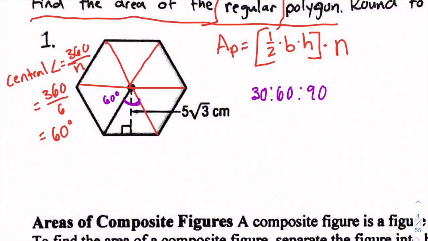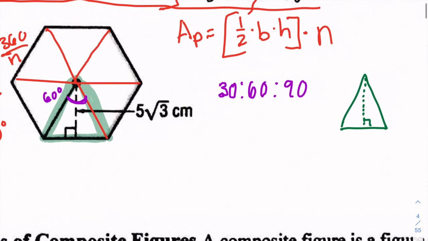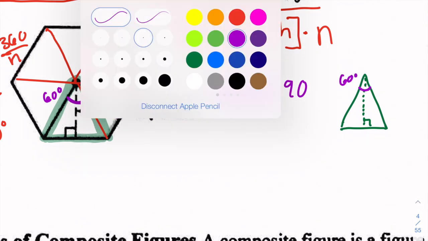Now the key here is all we need to do, guys, is really focus on this triangle here. This small triangle is all we need to focus on. So again, just focusing on triangles. I'm just gonna draw this triangle to the side here, and it's really gonna help us figure out what we are going to do in order to solve for that apothem, or that height, this right here. So tricky enough, we know the whole thing is 60 degrees, but half of it,